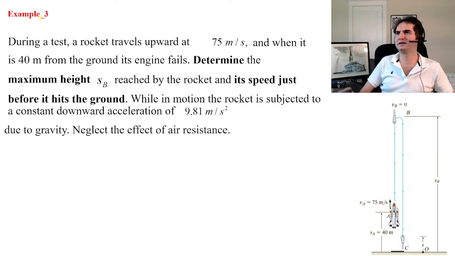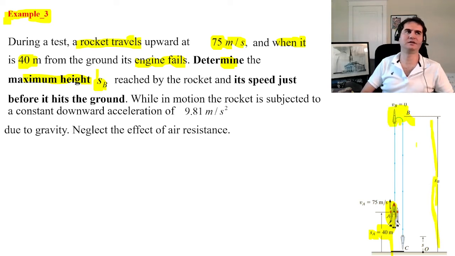Let's attempt another example. During a test, a rocket travels upward at a speed of 75 meters per second, and when it is at a height of 40 meters from the ground, the engine fails. We want to determine the maximum height, s_B, which the rocket will travel in the positive y direction,